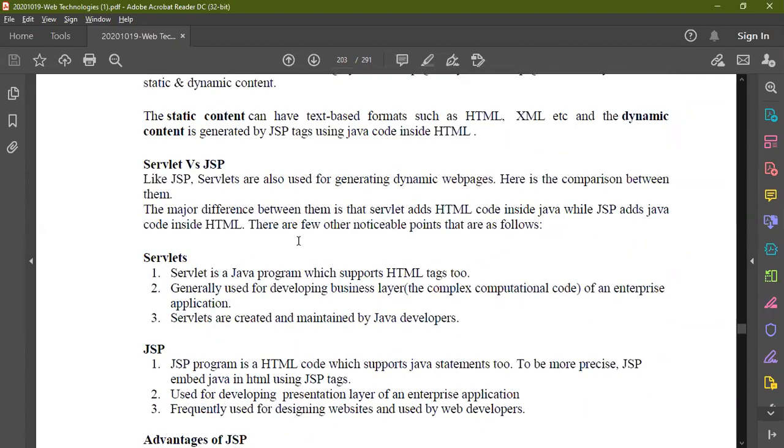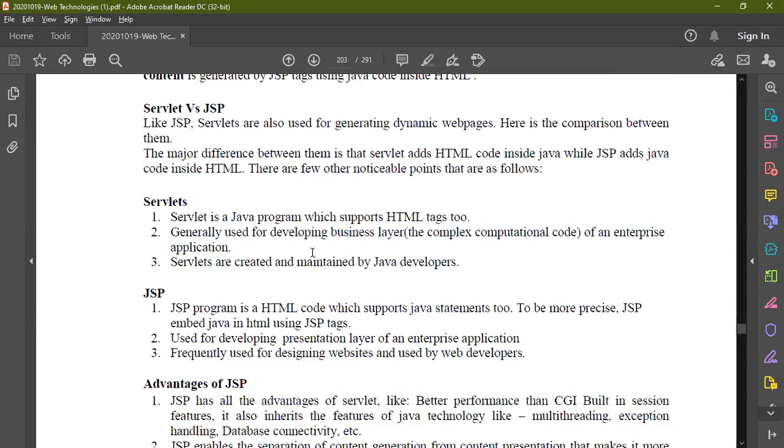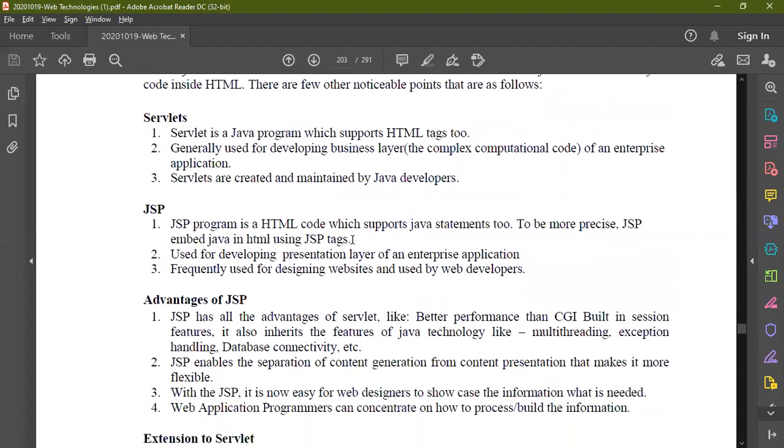Then we came to servlets. We discussed the difference between a servlet and JSP: the application-level and implementation-level differences, and also the inner-level differences between servlets and JSPs.